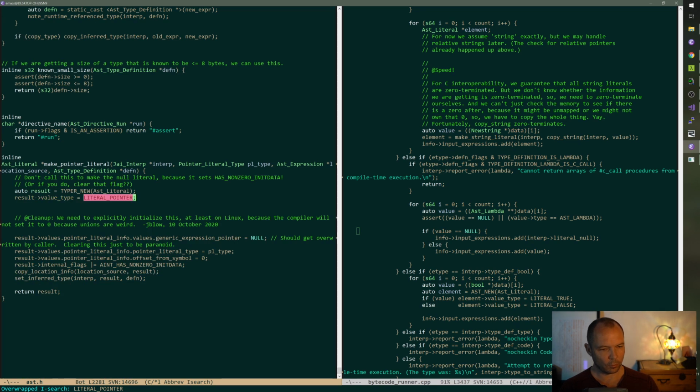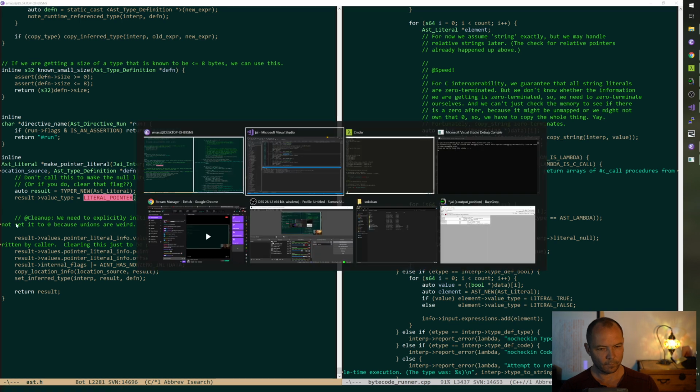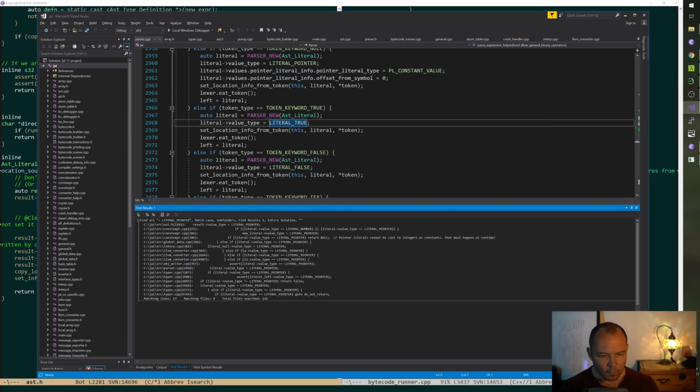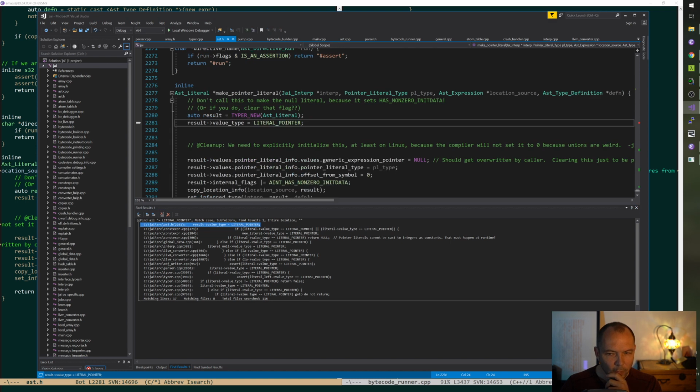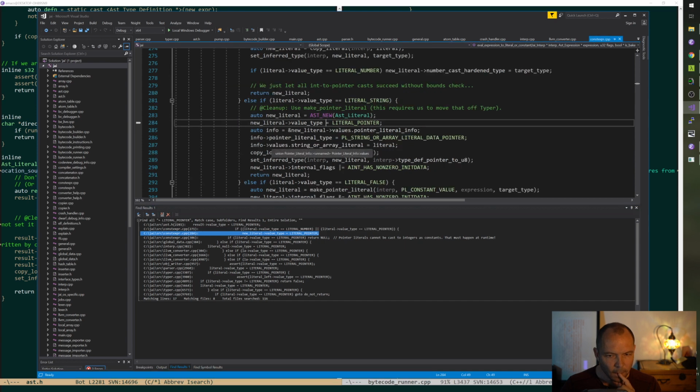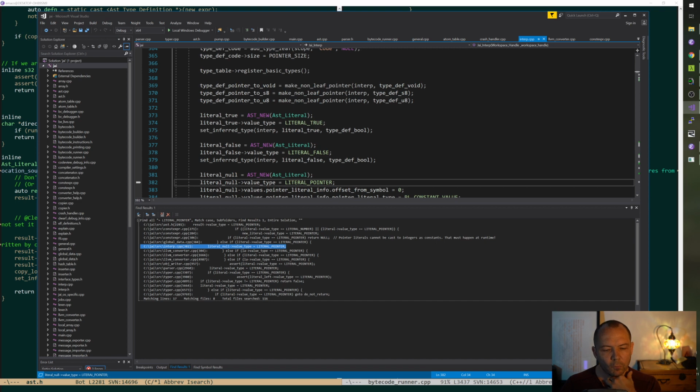Make pointer literal. Okay, so make pointer literal. Literal null.